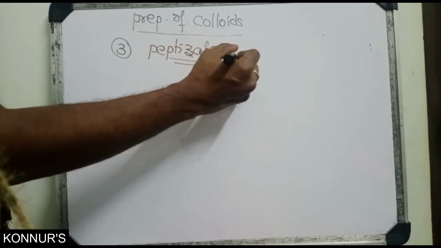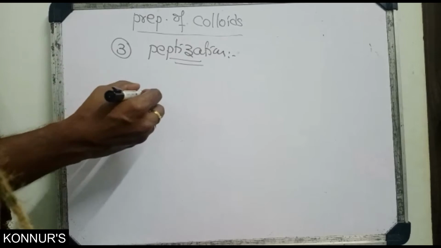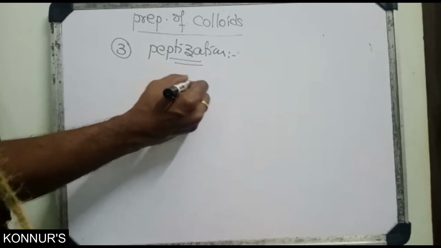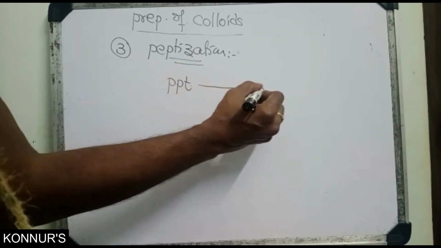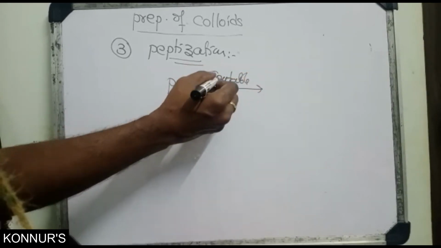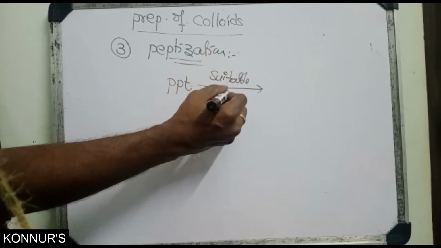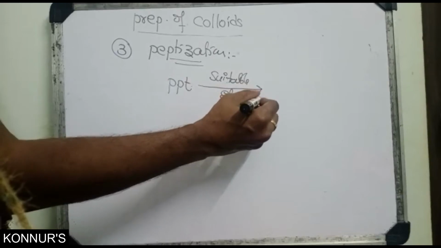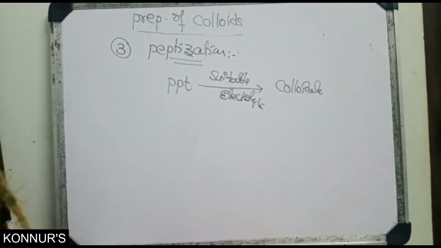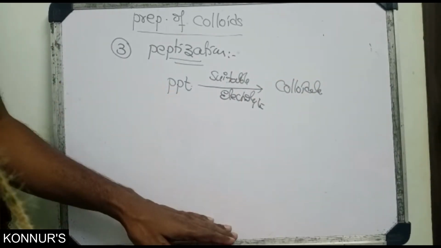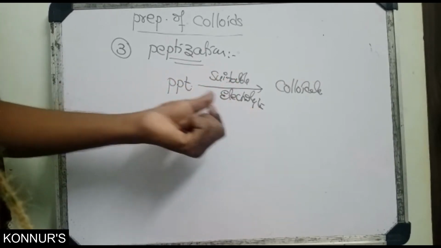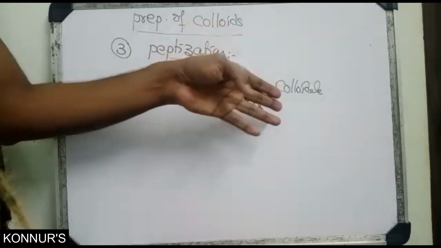Next, third preparation, that is peptization. See, peptization means suppose in any chemical reaction the product goes to solid form. That is called a precipitate. When the precipitate is forming, at that time you add a suitable electrolyte. Then the precipitate becomes a colloidal solution. The complete precipitate that comes to the bottom of the test tube or beaker, when you add a suitable electrolyte, does not remain a precipitate; it becomes colloidal and surrounded